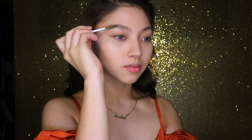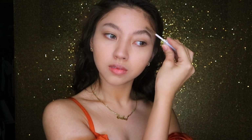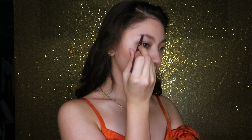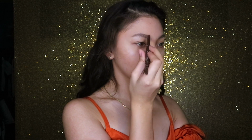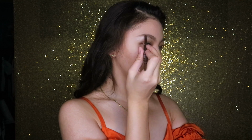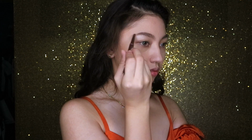I also like to apply it on the Cupid's bow and on the center of my nose to really get that highlight poppin'. I'm trying something new with my brows today, which is applying eyebrow gel first, then brushing it off with a spoolie, just so I could see the shape of my brows and know what I am working with today. You know, sometimes the brows could get a little bit under the weather, if you know what I mean. But anyways, I am just feathering it out with the pencil, and I'm doing it ever so lightly on the ends all the way to the front part of my brows. I am doing it super lightly on the front part of the brows to achieve that ombre effect, you know, like that gradient effect, not ombre, gradient. But anyways, I am doing that method and brushing it,